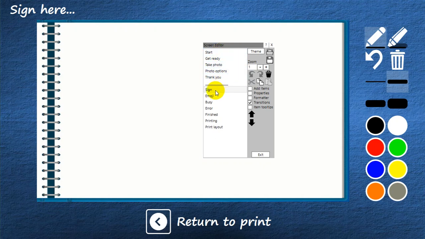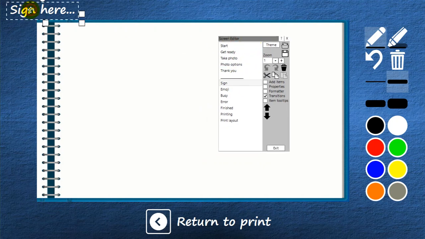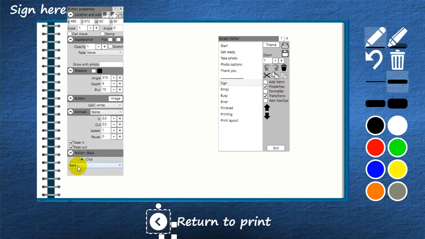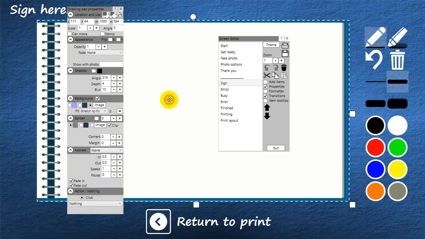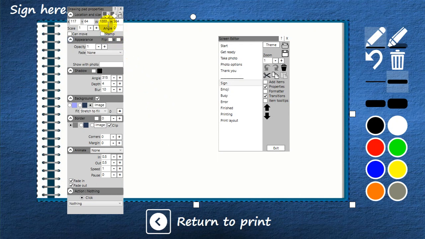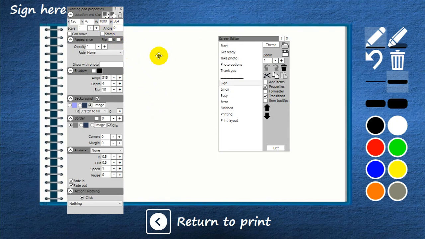So by default the sign screen and the emoji screen will never appear unless you specifically link to it with button events. So we'll come back to that in a minute. So for now let's have a look at the sign screen. I've got a text object, I've got a button here that returns back to the photo options screen. Let's have a look at the properties on that one. As you can see here, it's got the click action of back. Similarly, this label item has also got a click action of back, which will take us back to the photo options screen. It's got a drawing pad item, which I've sized to be as big as I can,